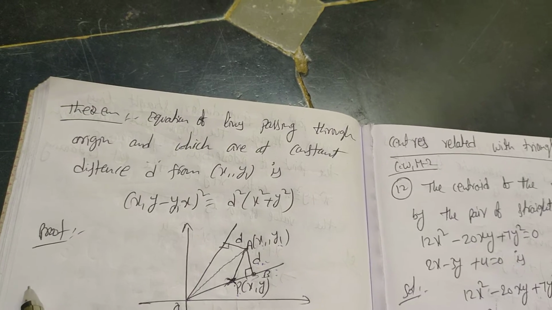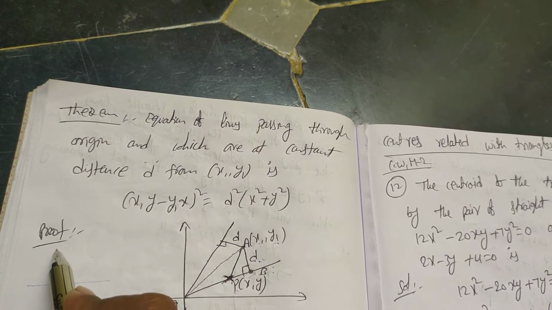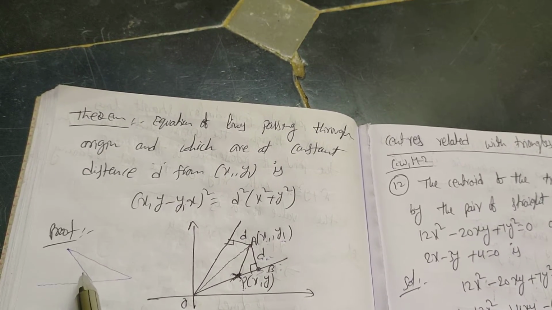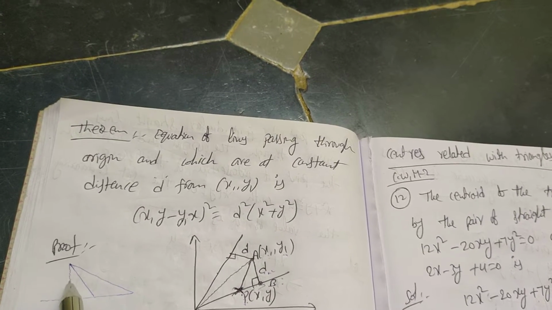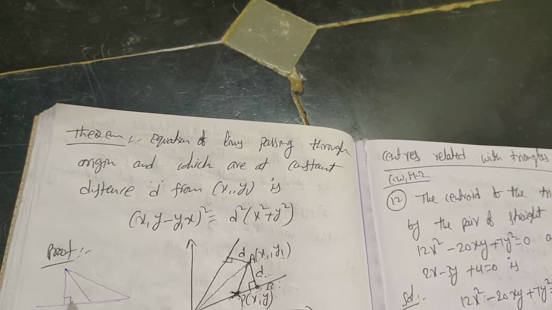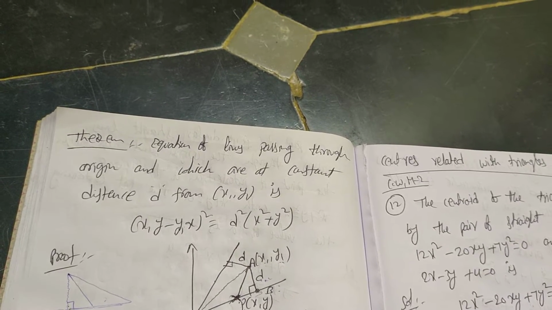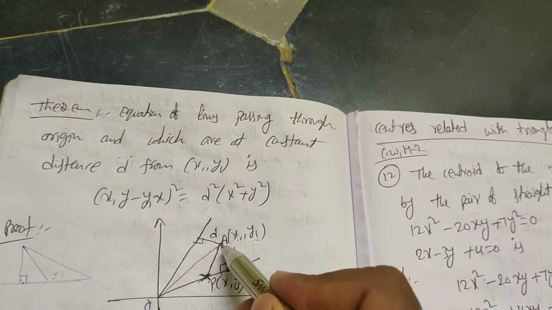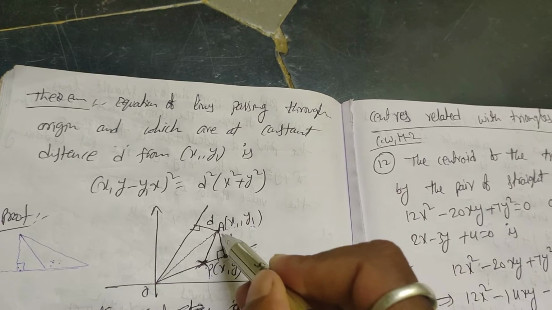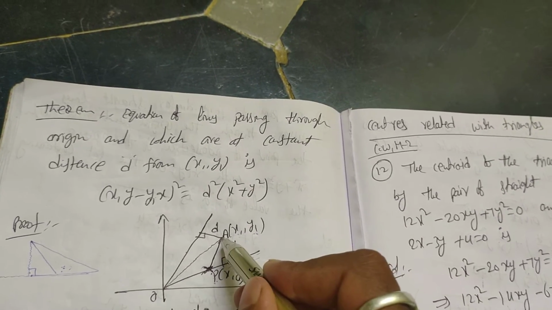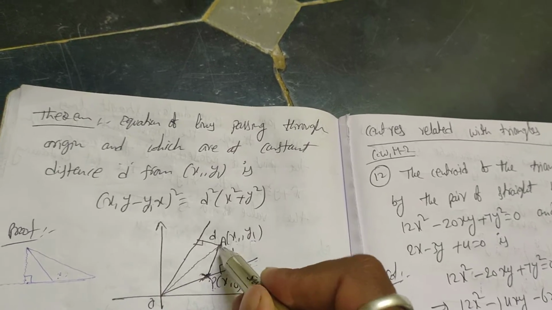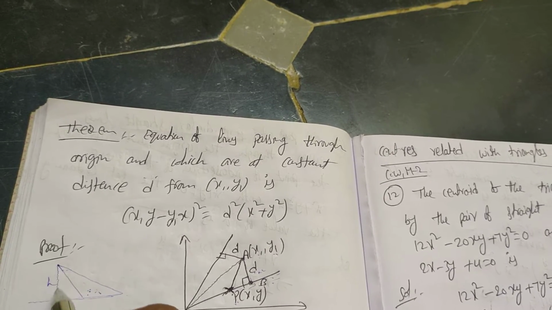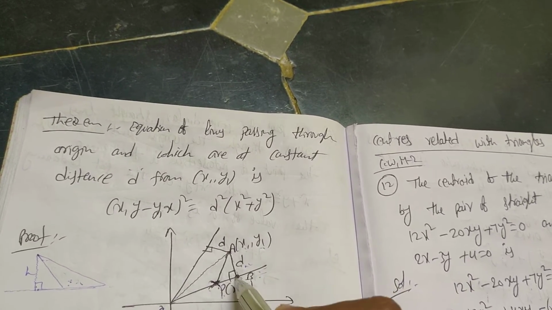You just remember, if you take this as the base in an obtuse angle triangle, what is the height? If you drop the perpendicular to this base, the perpendicular falls outside of the triangle, because this triangle is an obtuse angle triangle. So here also, from A, if you drop a perpendicular to this line, this is the perpendicular. This is the height of triangle OPA. The height is never like this in an obtuse angle triangle; this is the height, the same as for triangle OPA.